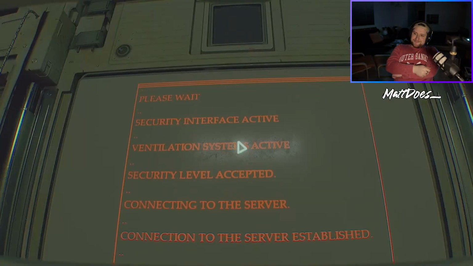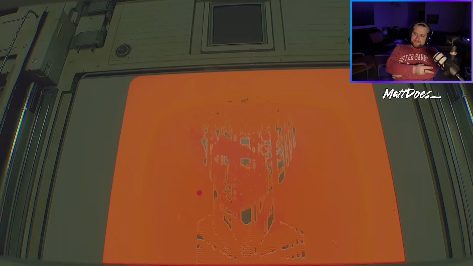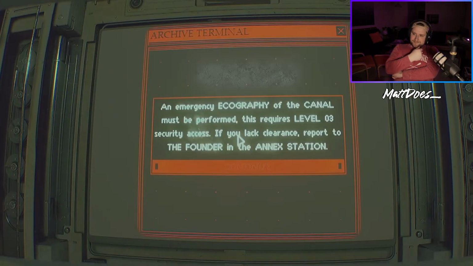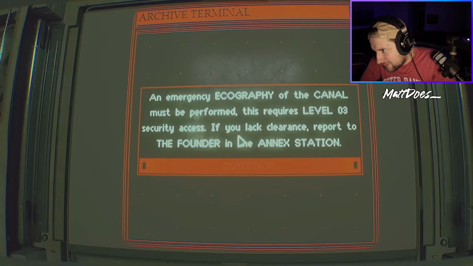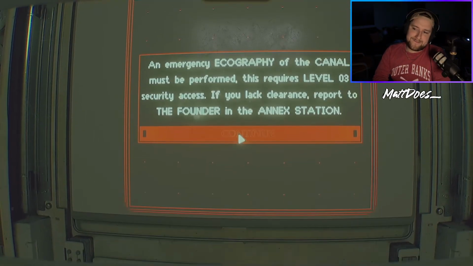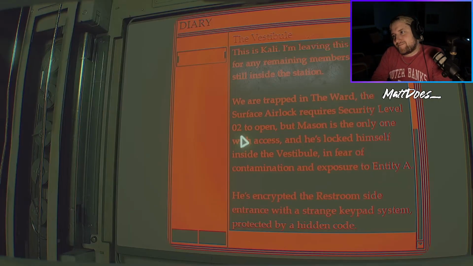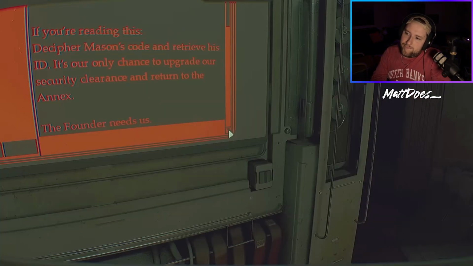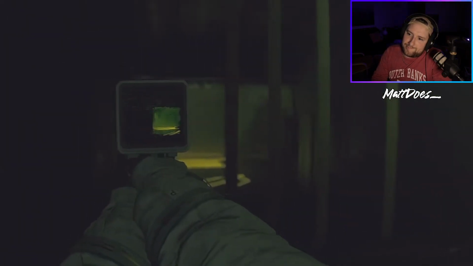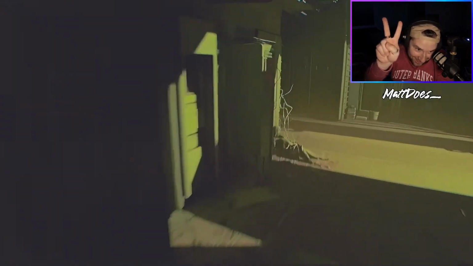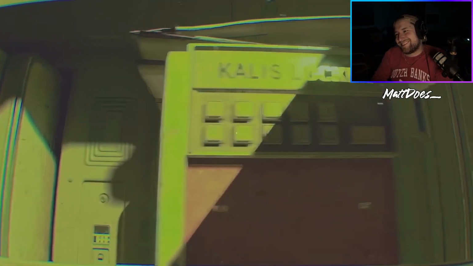Rebooting the red screen, we're met with another barrier. We need to record an echograph of the canal. Without level 3 clearance, we have to seek out the founder, who's in the annex. We learn about James, who's locked himself inside the vestibule using an elaborate code of his own design. He's the only person with level 2 clearance in the ward. And guess what level clearance we need to get into the annex? This means getting inside that vestibule just became our top priority, because whatever this place is, it's been waiting a